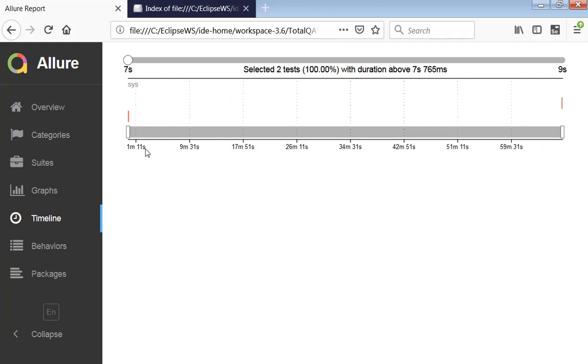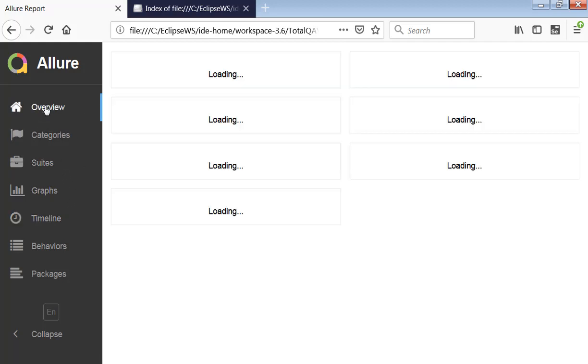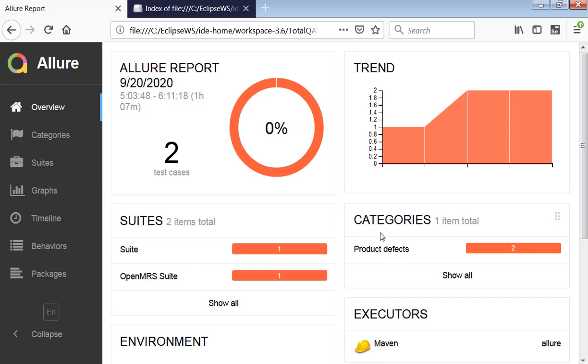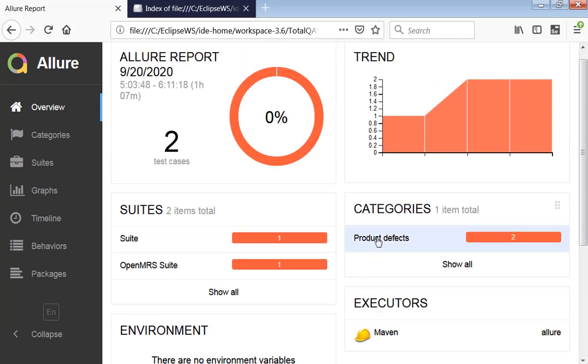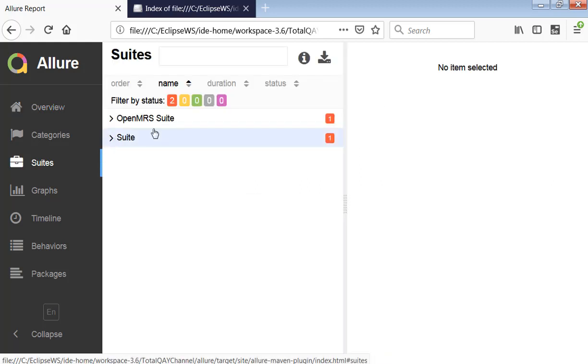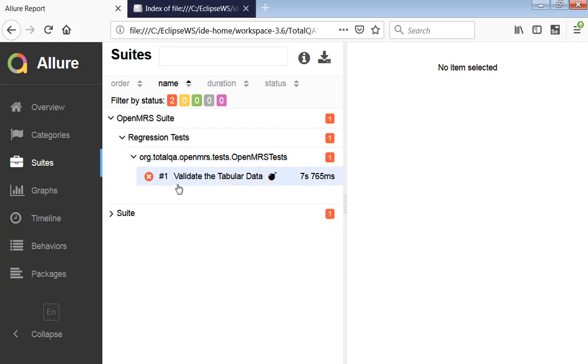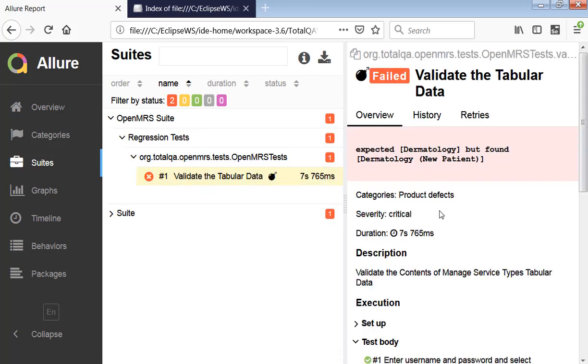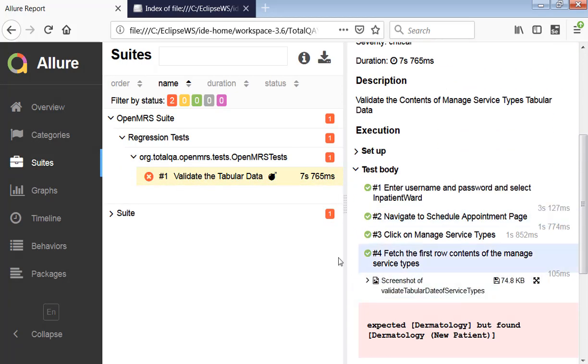We can see the timeline. The timeline is not showing right now because it is showing the selected 2 test cases when it was executed. All this will show. Overview is the one which will give all the information successfully. So this is a very good report which will be helpful for us. In TestNG, we get an emailable report or index.html, but it is not easy to attach the screenshot. But in the case of Allure report, if you go to the source, click on the suite name, the test name, the package name, class name, click on it, and it generates the results here.